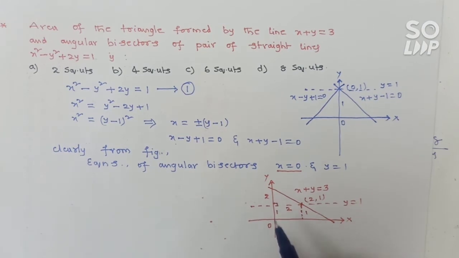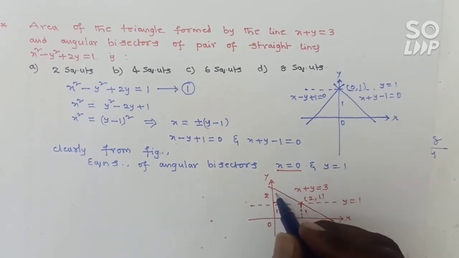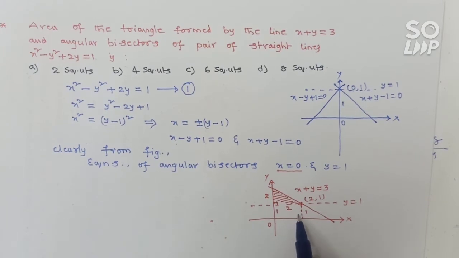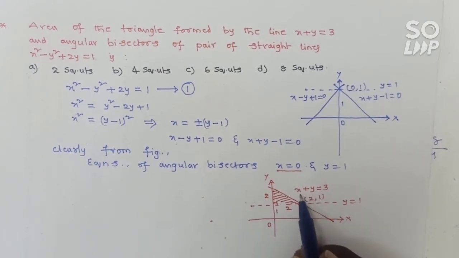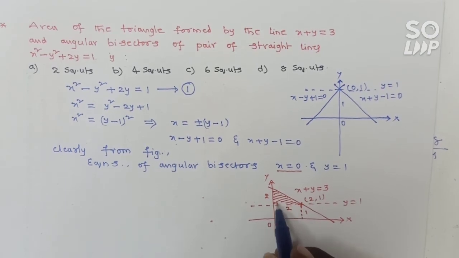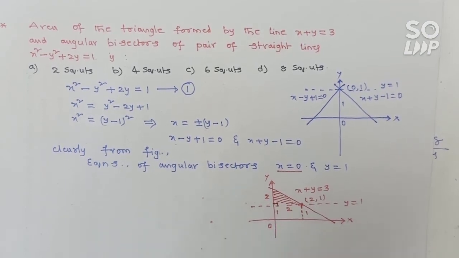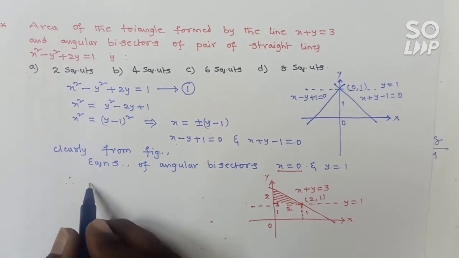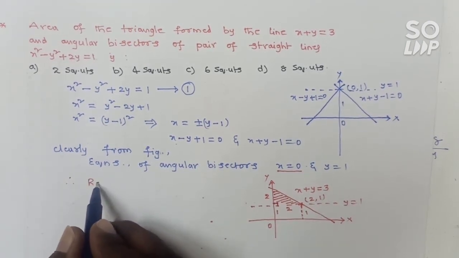So this one is the required area, because you have to find the area of the triangle formed by the angular bisector and the line x plus y is equal to 3. Here this is the right angle triangle. What is the area of the triangle? Therefore, the required area is equal to